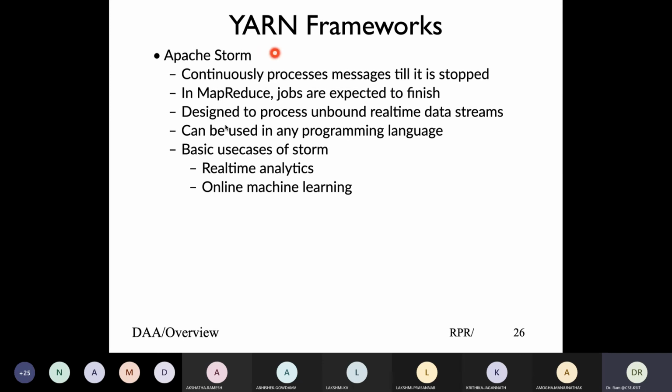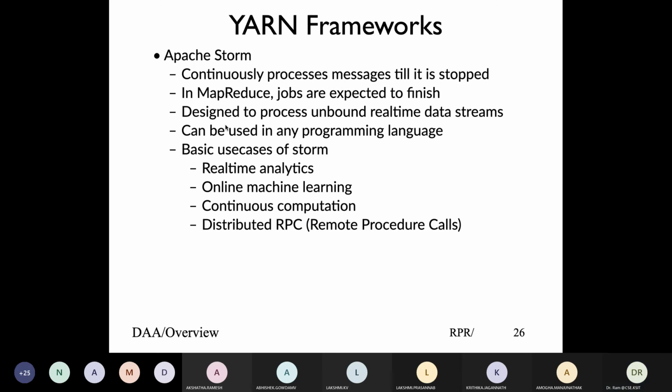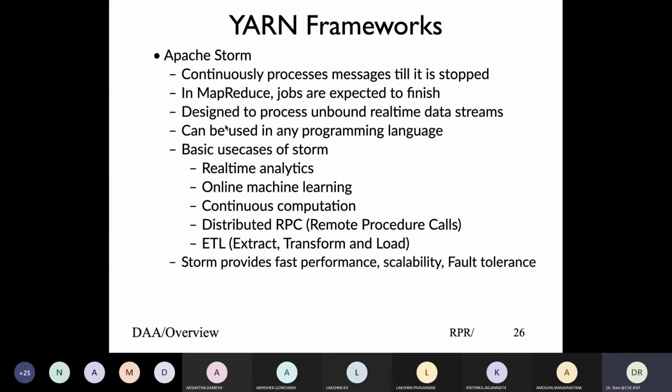So primary uses of Apache Storm are real-time analytics, machine learning applications, distributed RPC, called remote procedure call. Remote procedure call is like in local computing, you invoke a library call, simply invoke the library by name, and the library gets executed. Remote procedure means my library is available on some other machine, and I want to use that. That's what RPC is, and I'm sure you would have used that in Java. If not, I would suggest you review how RPC works. That means you can invoke a library function on a remote machine, and that is called RPC, remote procedure call, and other kinds of information.